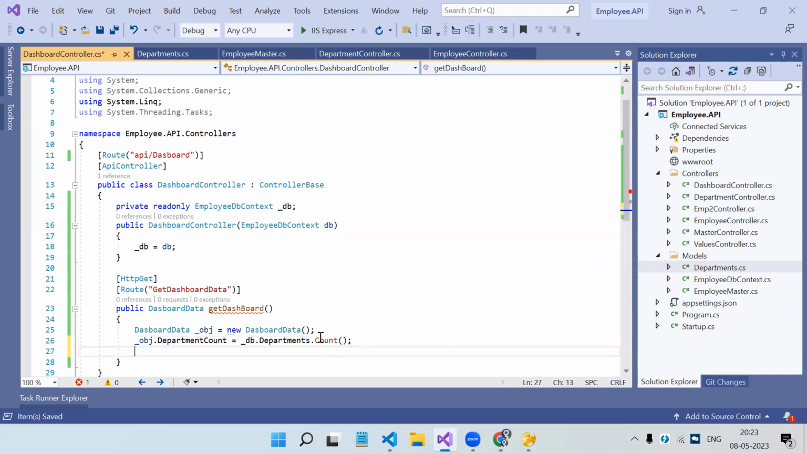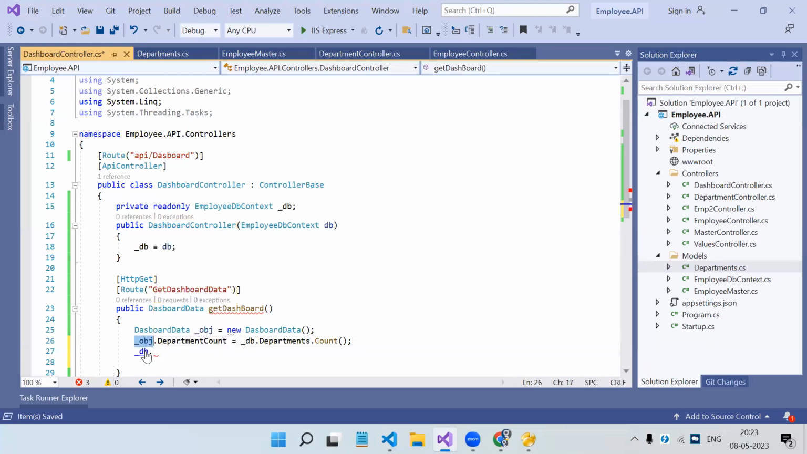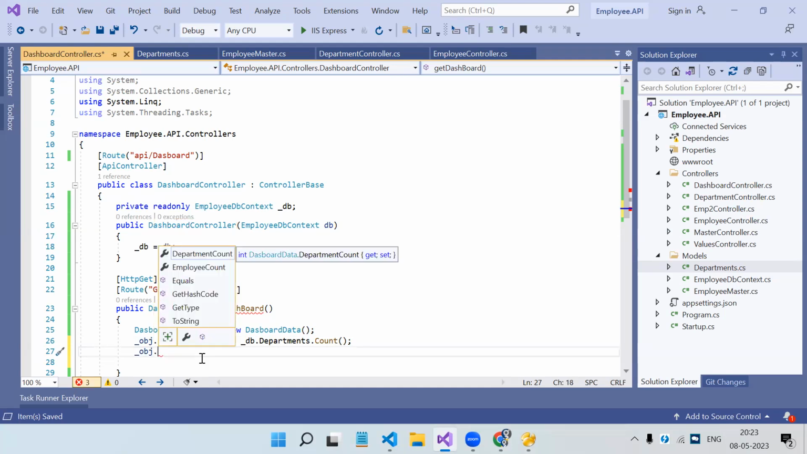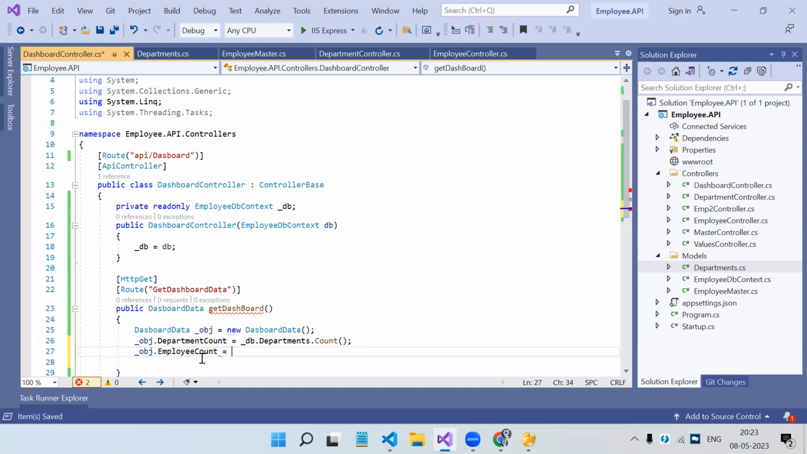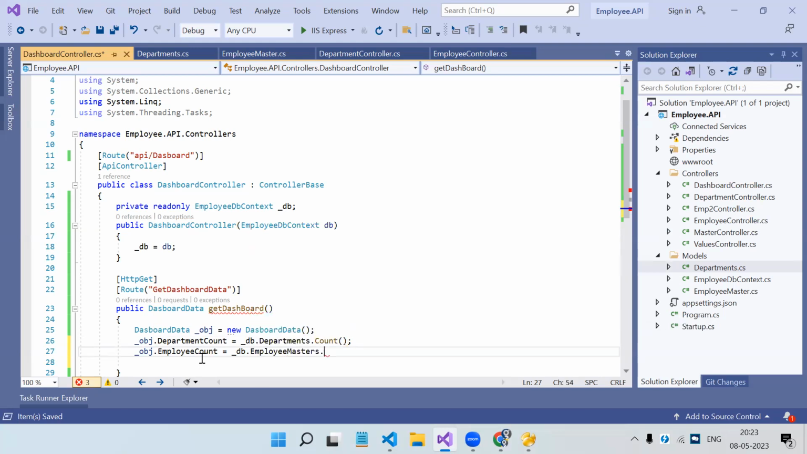So this is a way by which we can calculate the total number of records we have in the particular table, right? Then underscore object dot employee count equal to again underscore DB. Now this time in the employee count, we have to store the total count of employees. So employee master dot count,